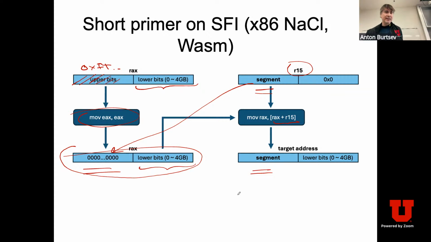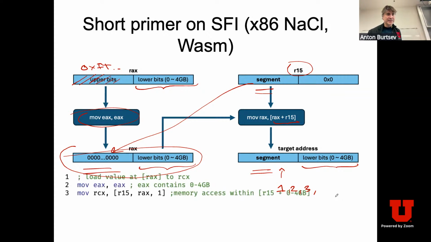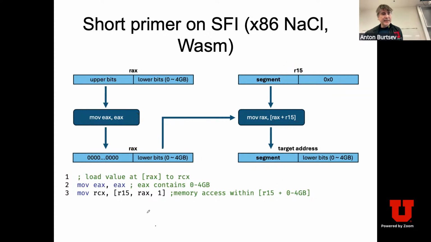So it's essentially like the address space is split into 4 gigabyte chunks, and this is the number of the segment, 1, 2, 3, or whatnot, right? And essentially it can compile into something very simple like this. So let me erase the link on the slide. So you first say, look, in front of the real load